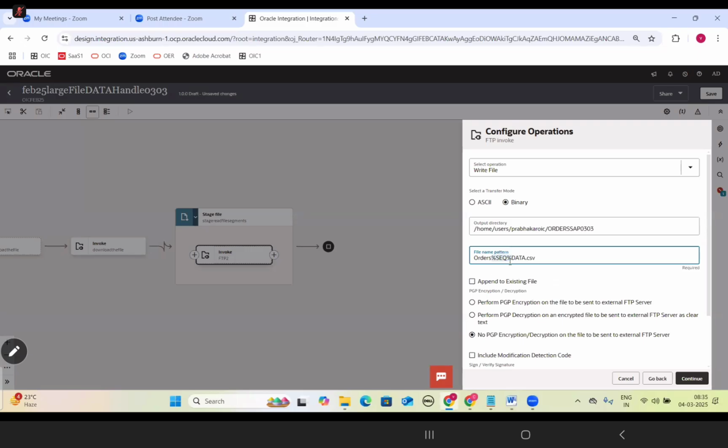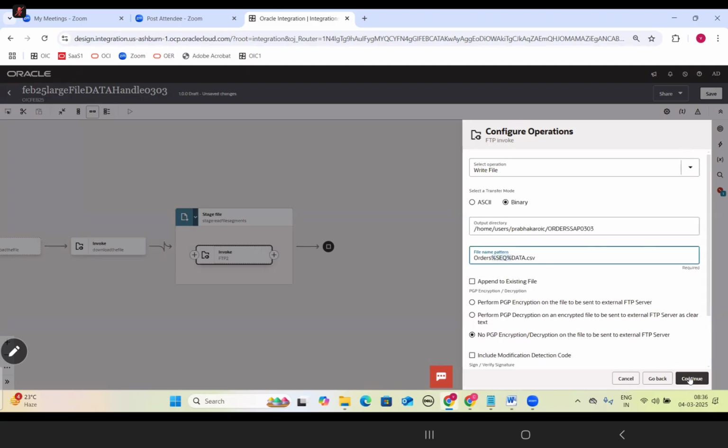The keyword generates first file 1, second file 2, third file 3. In the output directory, the file will be generated with this name, but SEQ will not be printed; in place of SEQ, it will print 1, 2, 3.